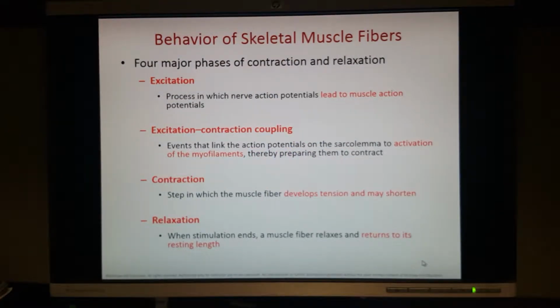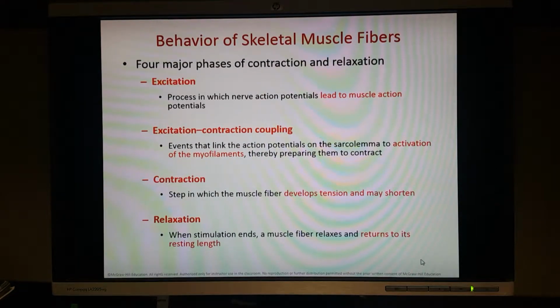There are 4 major phases that happen with contraction. So actually causing the shortening of your muscle fiber and then the relaxation of your muscle fiber. First phase is excitation. So this is where your action potential from your nerve is sent down that neuron to